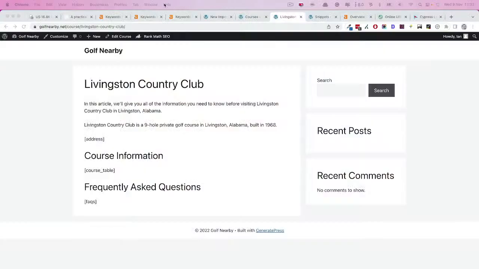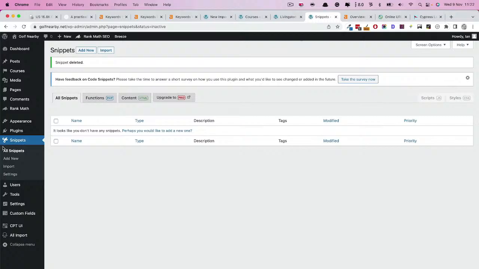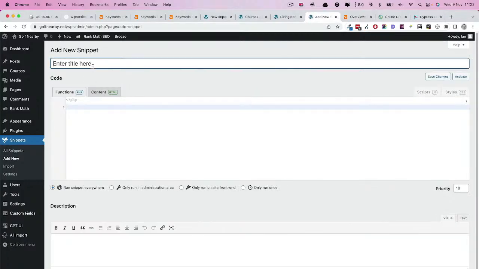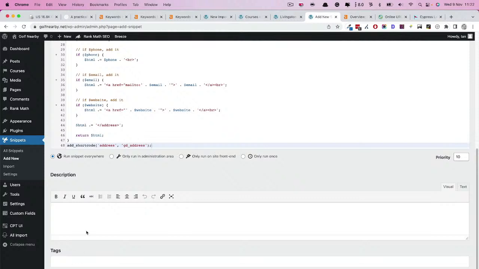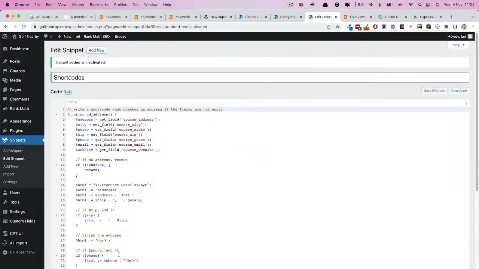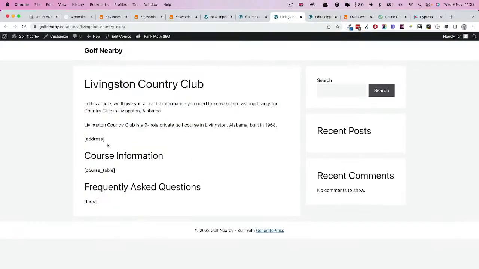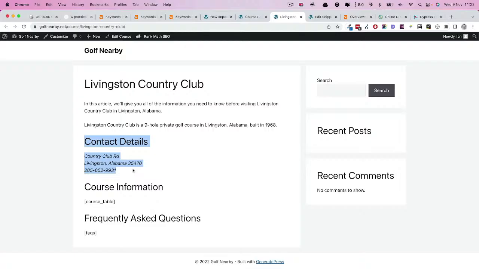then back in this plugin, snippets, we just click add new, and we'll just call it shortcodes. We can keep all of our shortcodes here. It depends how you want to do it. Some people prefer to have one snippet per function or per shortcode to make it easy to find. Whatever works. So this is going to create the shortcode. So we'll save changes and activate. So when we come back to the Livingston page and refresh the page, the address now becomes a piece of